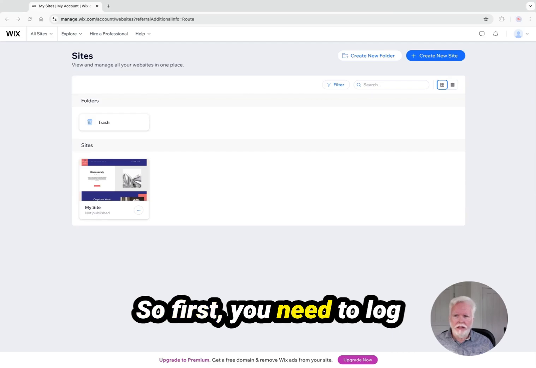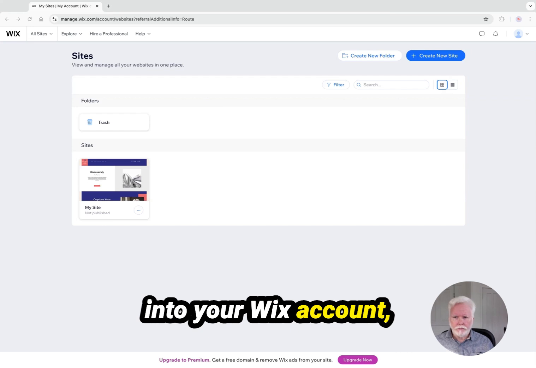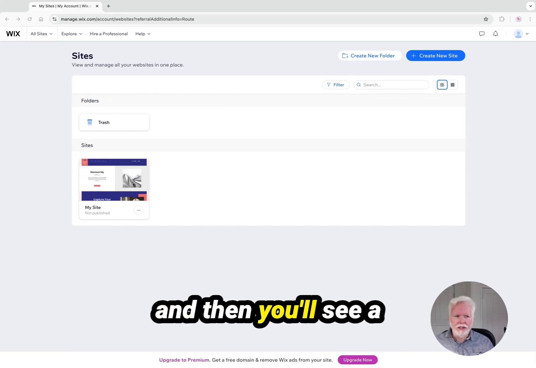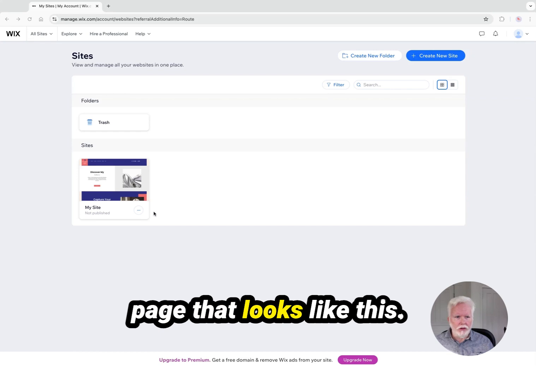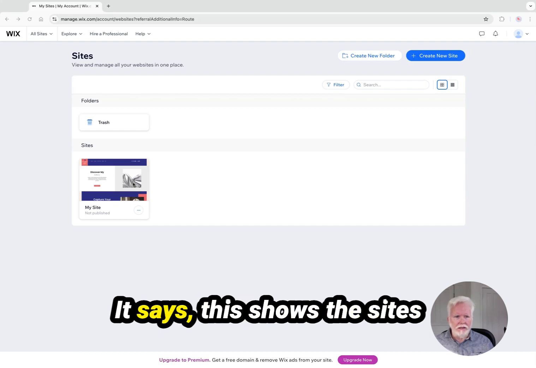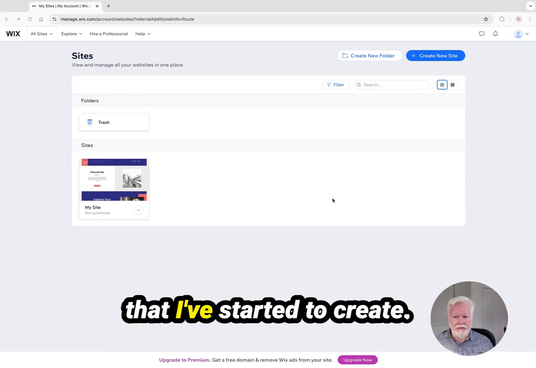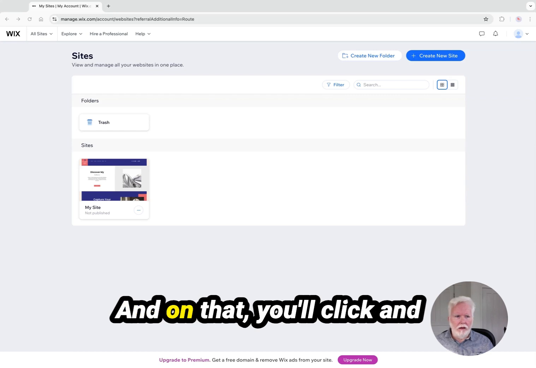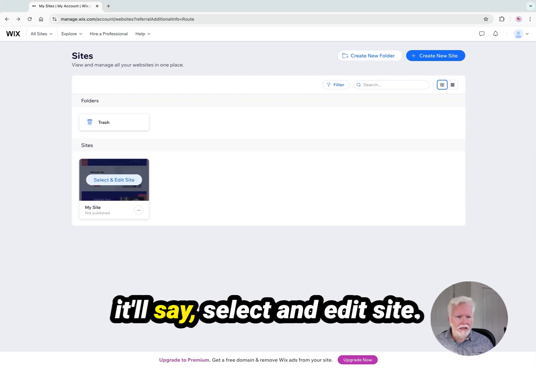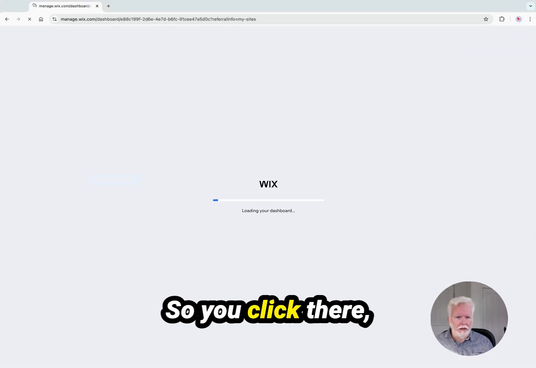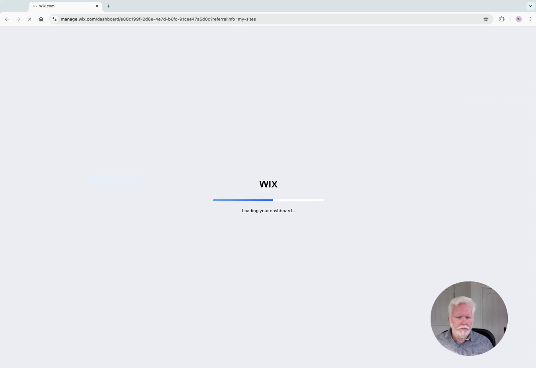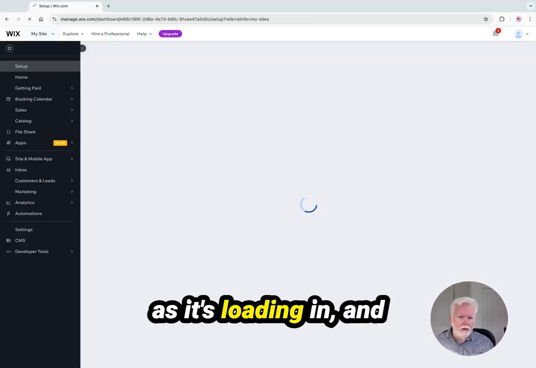So first, you need to log into your Wix account, and then you'll see a page that looks like this. This shows the sites that I've started to create. And on that, you'll click and you'll say select and edit site. So you click there. As it's loading in,